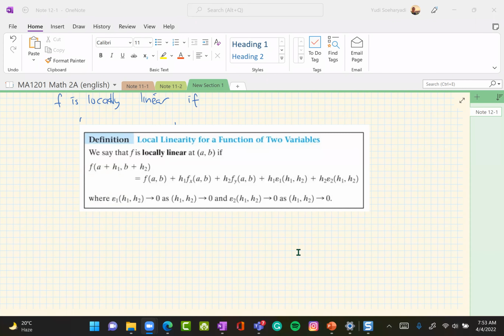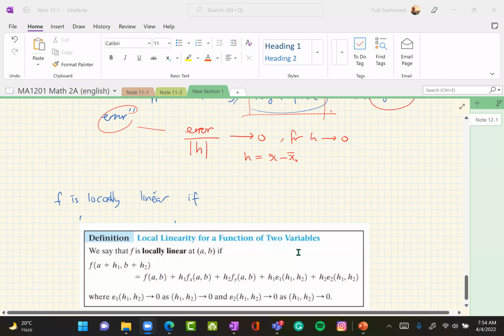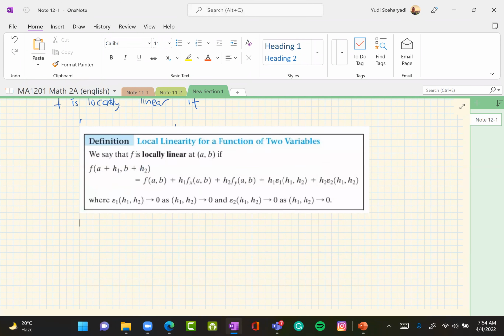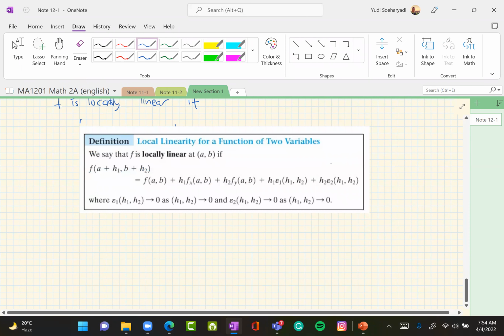All right, so let's see here. So this is what we call the locally linear. Okay, so theta here is a vector. It's a vector. See, this is that angle. Okay. Sometimes we write it as this one. If we write something like this,